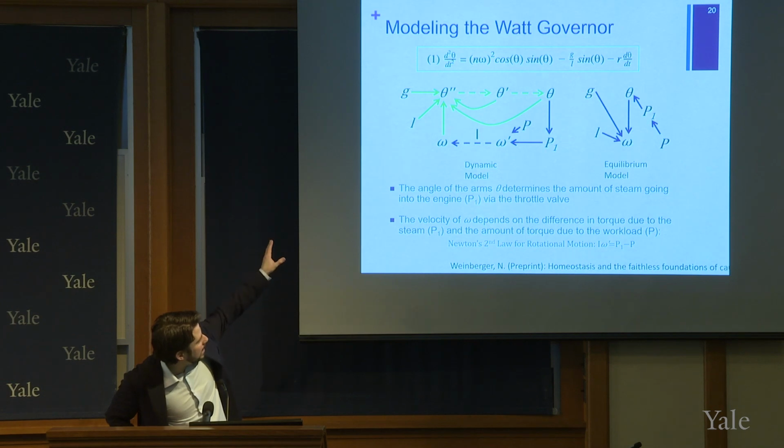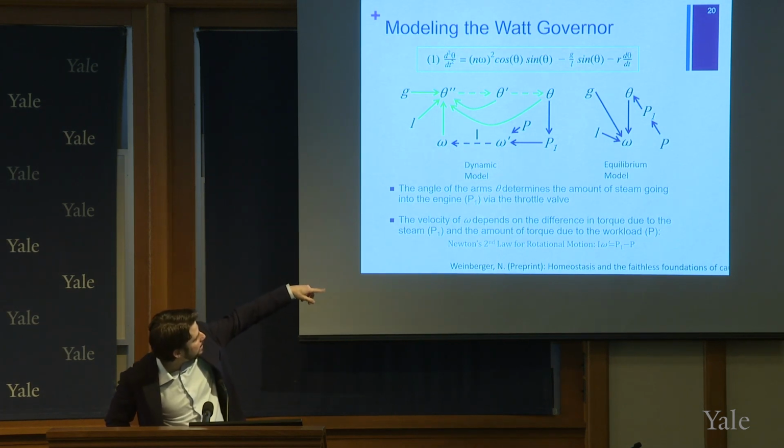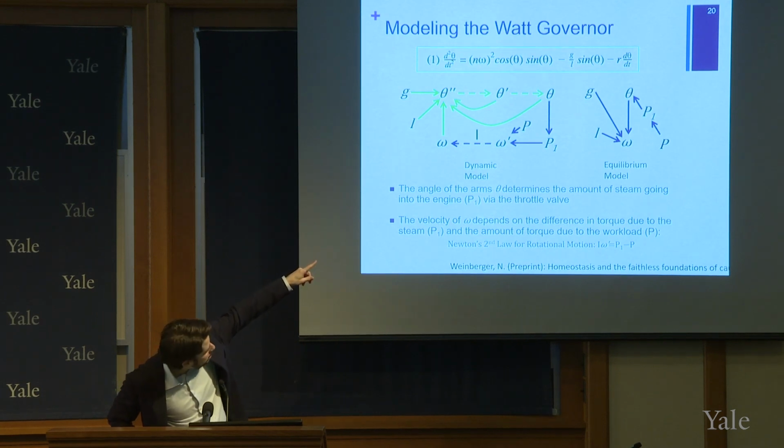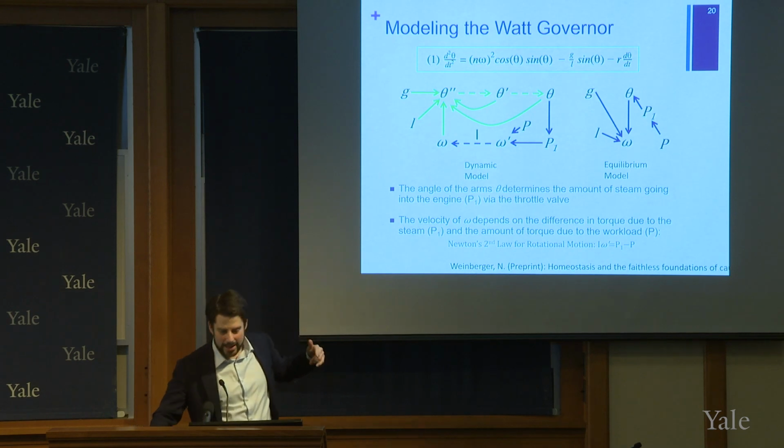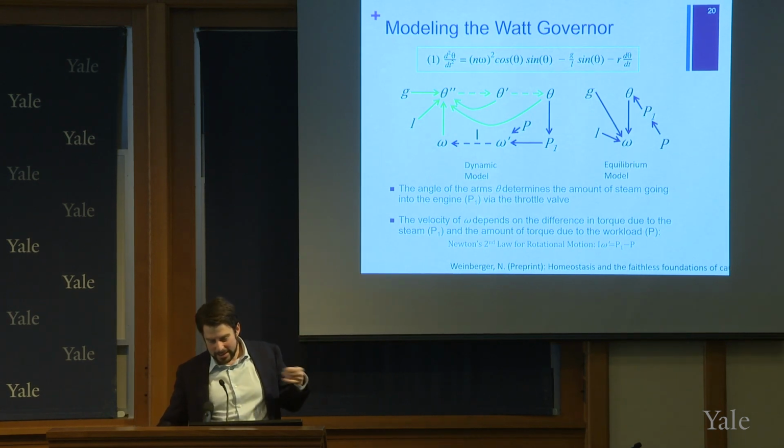So basically, and without getting into the details, you have this causal model showing how theta, the angle of the arms, depends on gravity, length, and the speed of the engine, and how the angle of the arms determines the steam let into the engine. P is the workload, and those determine the change in speed. So this is just an example of how to use these types of models to model a slightly more complicated dynamical system,